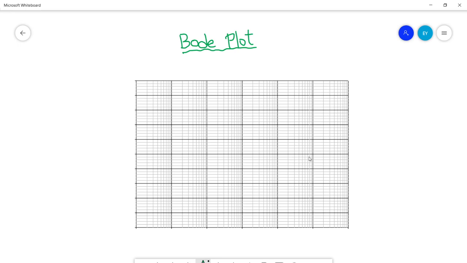In the previous class, we discussed the introduction to the Bode plot, and we also discussed the different steps involved in plotting Bode. As we discussed, a Bode plot is a plot which tells the frequency response of a system in terms of magnitude and phase. When you are plotting a Bode plot, we have to consider a semilog graph. So I just want to give an introduction to the semilog graph, what its purpose is, and how we can plot the Bode plot in a semilog graph.